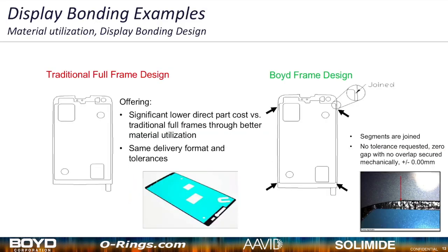Here is another great example of an application where Boyd has developed a unique process technique to manufacture adhesive frames such as display bonding adhesives, with much better material utilization compared to traditional manufacturing techniques to improve total part cost significantly. At the same time, while not compromising important required features such as mechanical bonding strength, dust and water ingression, dimension tolerances,